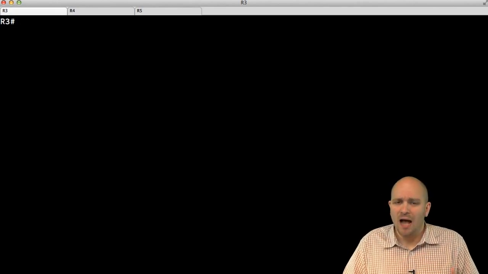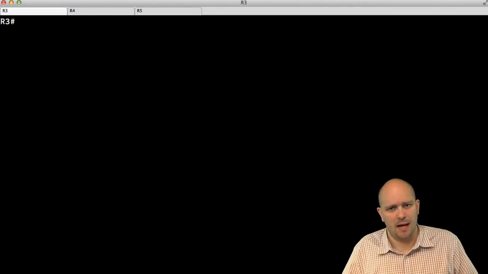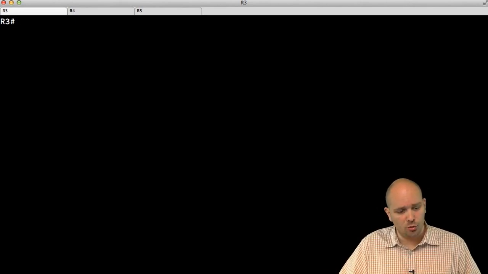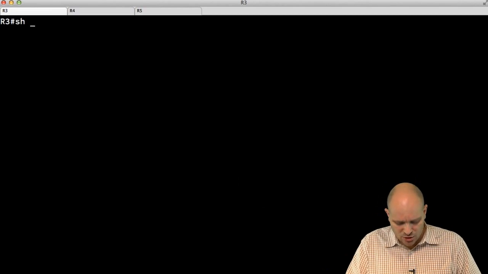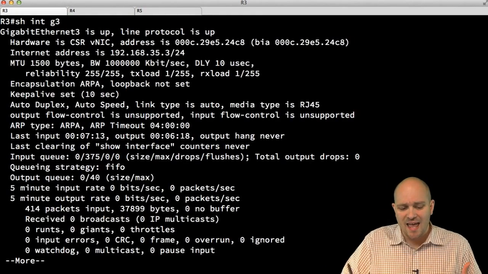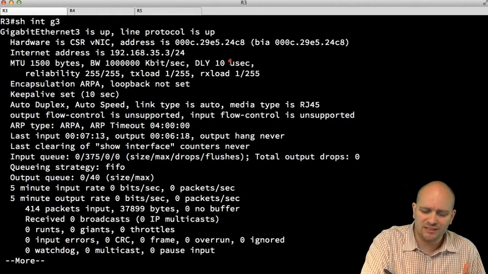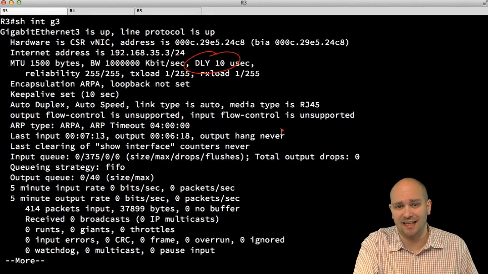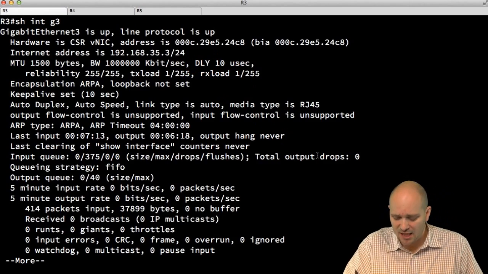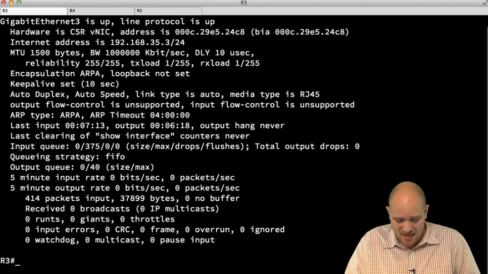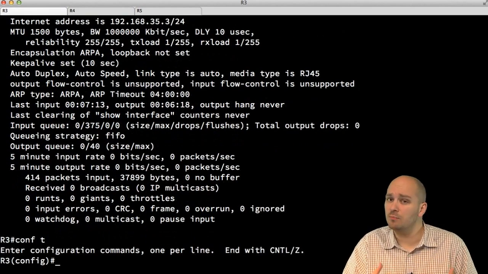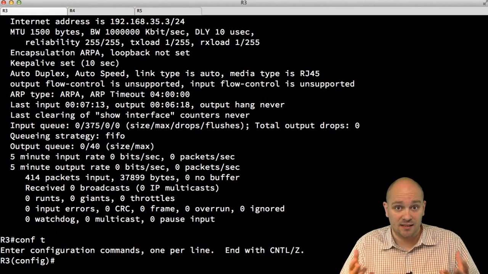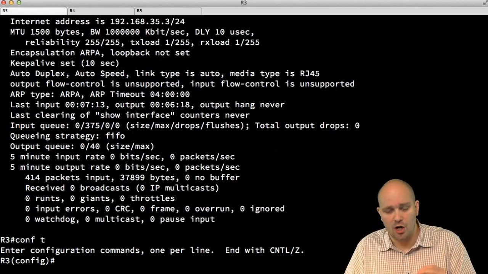But before I do that, how much should I increase the delay by? What is the current value of delay? Well, to do that, I'm just going to go to R3 and say show interface gigabit 3. By running this command, I'm going to see the current value of delay, and I can see that it is currently set to 10 microseconds. So if I increase it by any number, I should have some change in the perceived cost, the perceived metric, the distance, call it whatever, on R3 for our